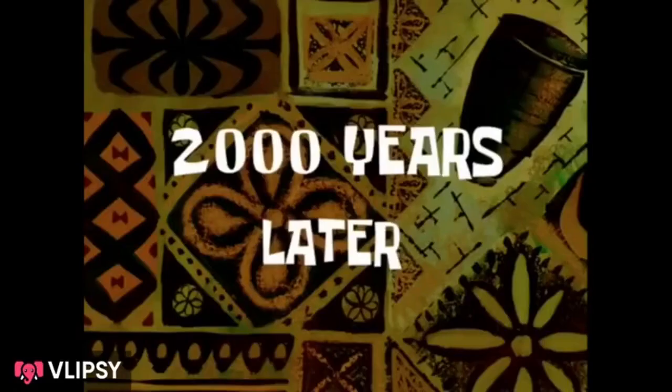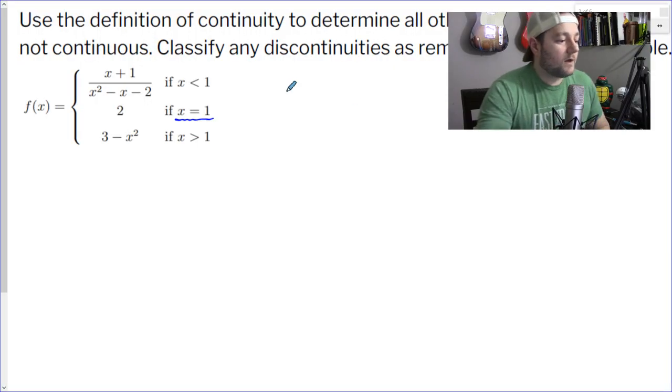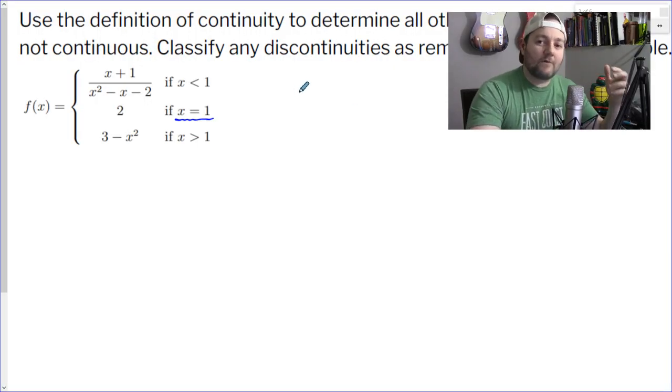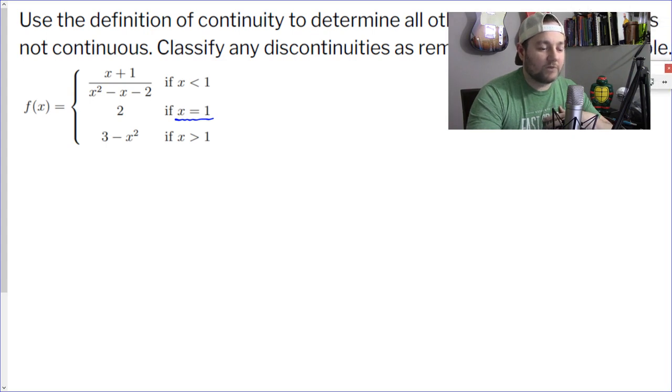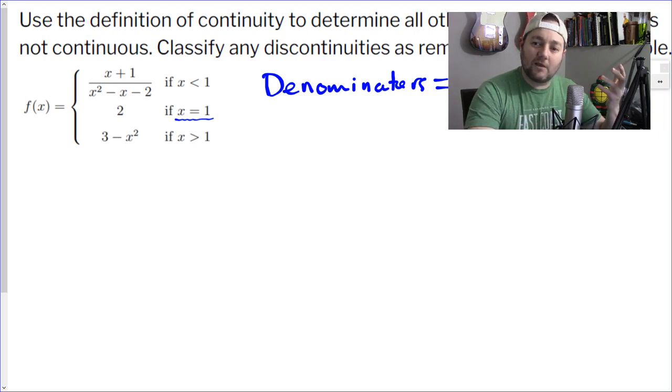2,000 years later. All right, so it says classify any other possible discontinuities. So we've already explored x equals 1. That's the obvious one. So where we want to check now is we want to see denominators equal to 0. So you want to see if there's any VAs, vertical asymptotes, or points of discontinuity or anything like that